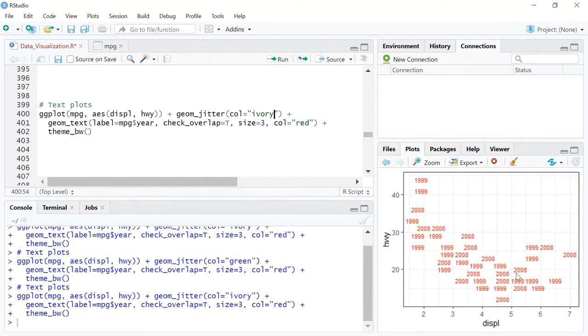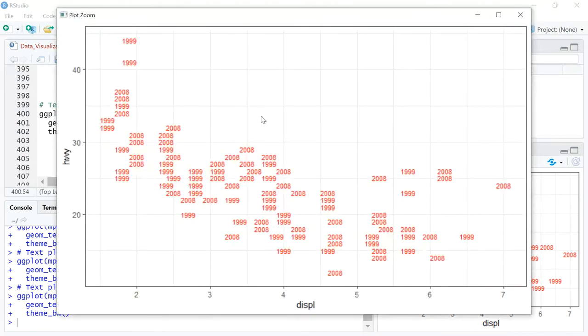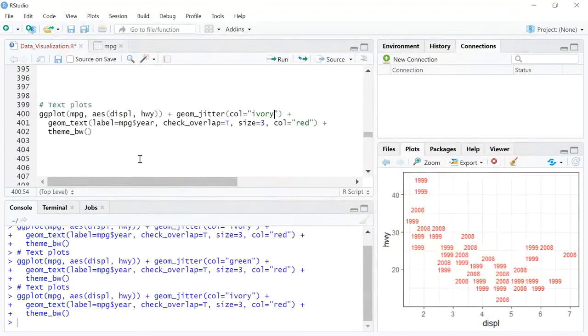The moment I put ivory, it's like a cream color, so it gets hidden behind the plot, and it is slightly easy to make out also. For example, you see that most of the grid lines are breaking at some points, right? If you see this part, there's a small break, but it doesn't stand out very clearly, and people usually don't really look at it that way. They just look at the holistic plot and they see that there are no dots and it's just the text, right? So that's the visual representation.